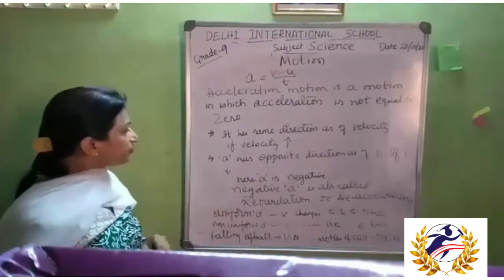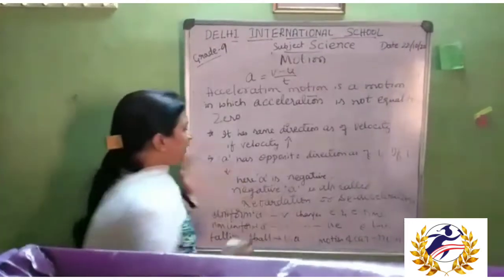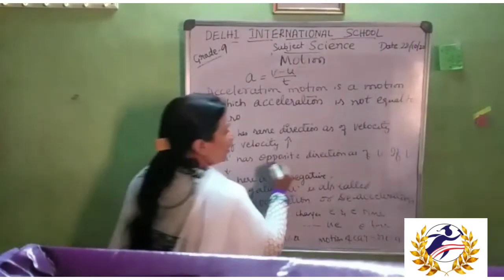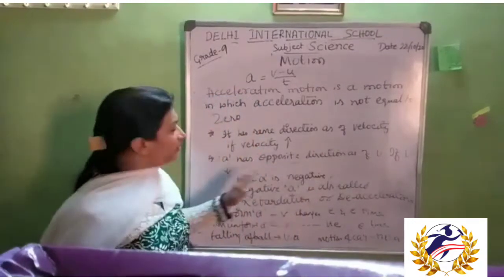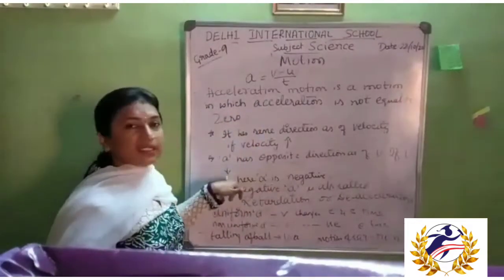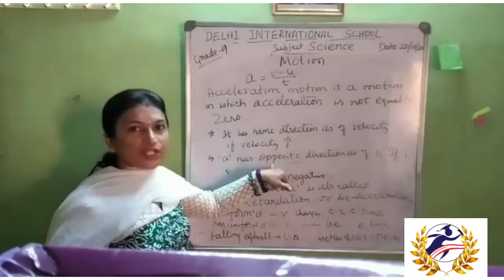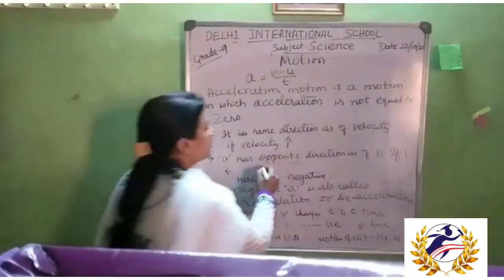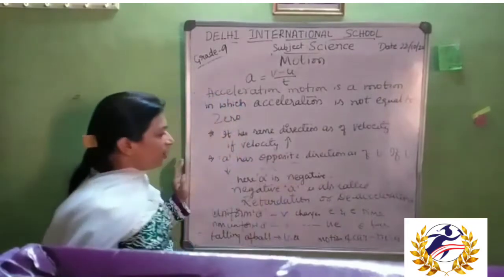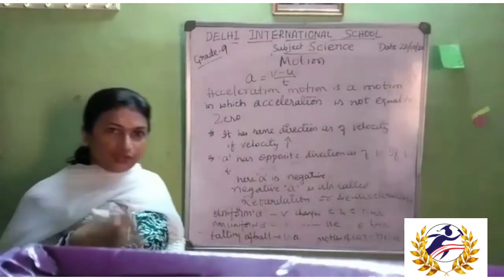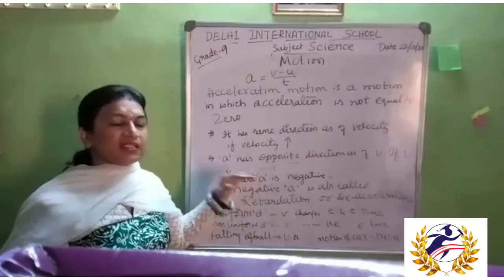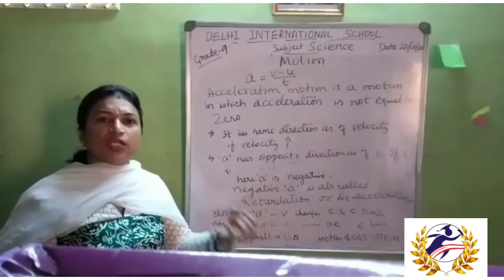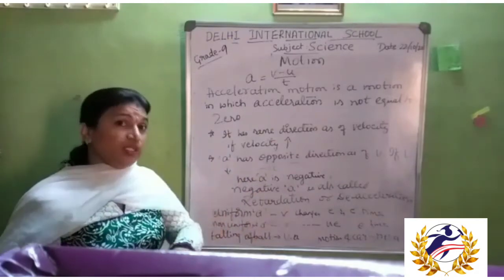So here, the acceleration is negative because it is in the opposite direction, isn't it? When the velocity is decreased, the acceleration is in the opposite direction of the velocity, so the acceleration will be negative. Negative acceleration is when the velocity is decreased and the accelerated motion goes in the opposite direction to the velocity.